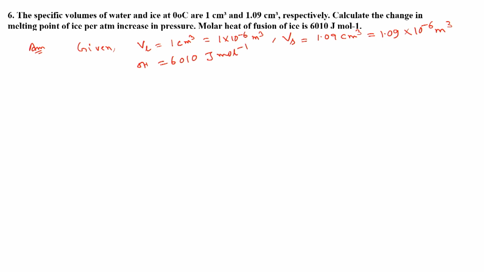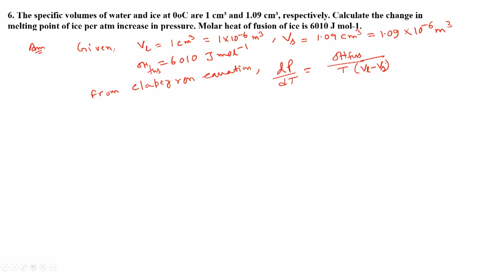So we know from the Clapeyron equation, dP by dT is delta H fusion by T times (VL minus Vs),